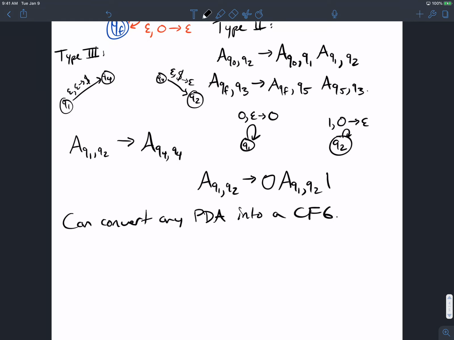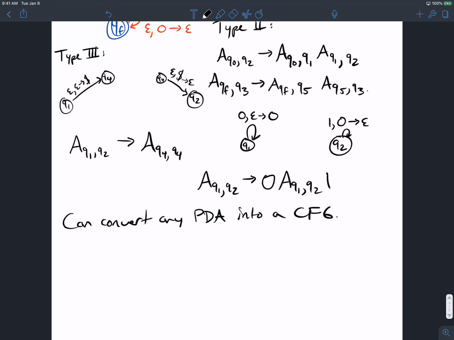Pretty cool. Any questions about the example or anything that we've done with CFGs? Yeah. What if there's a PDA that doesn't push and pop the same character for like the type 3? It's a great question. So what if, in the PDA that we're given, every transition pushes and pops different symbols? The key is that the final state at the very end will have a pop for every single one of them. So there must be a push somewhere. If we have a flat transition, there's a push and a pop. And if we did a pop and a push, well, there's a push there. So there must be a match somewhere.